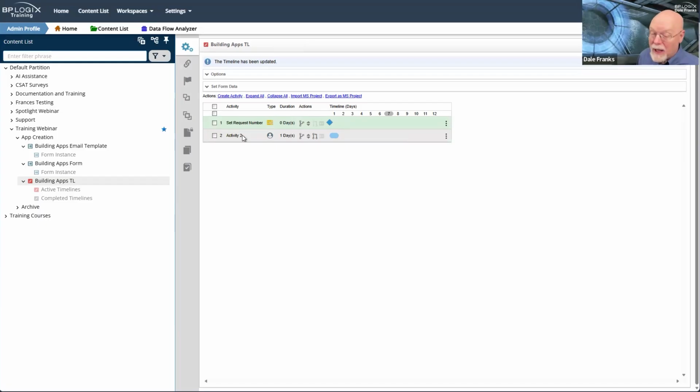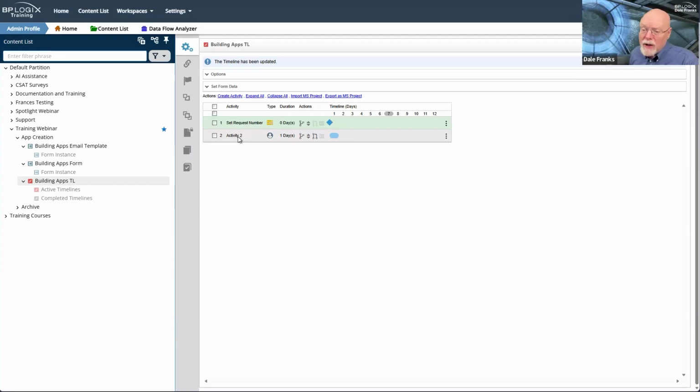We don't want them to run in parallel because we want to ensure that our request number is set before we actually move into the activity itself and we open the form, because we're going to be setting the name of the form essentially by setting the request number field. So I want to be sure that that all has time to take and get reflected properly in the form before I get to any user activity.